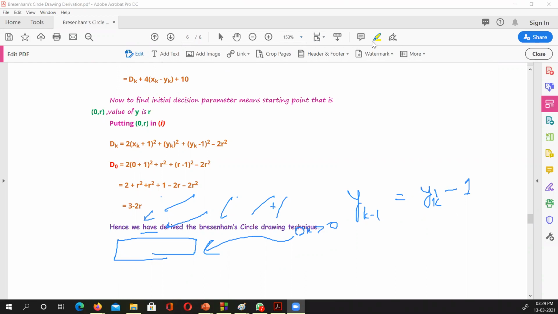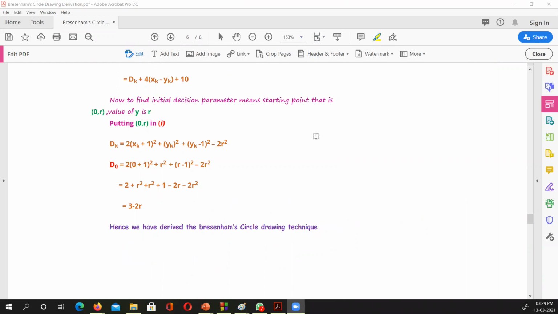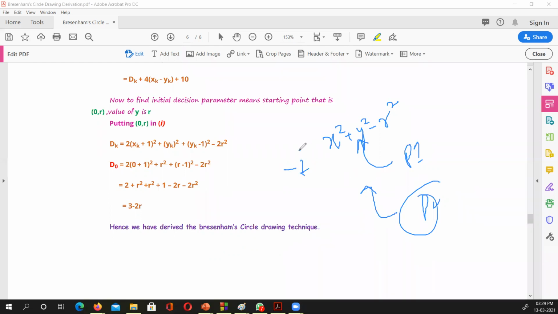Okay, hopefully you got it. You just put up the pen and pencil. There is nothing else other than the circle formula. Okay, there is only one thing, that is circle formula, that is x square plus y square minus r square. Then you see what is at p1, the circle function, what is at p2, the circle function, then add them together to get the first equation. Okay, then solve it for x of k plus 1, solve it for that to get the equation second. Okay, and after that, if you want to find a dk, then subtract the second minus first equation.